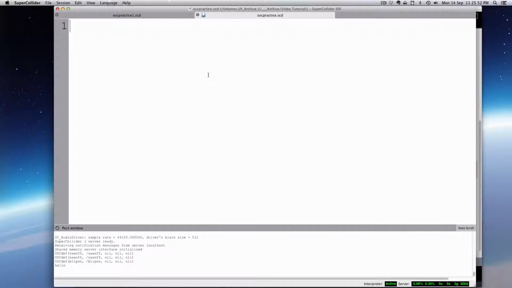This is part 2 of the OSC Practice instructions tutorial. In this tutorial, we are sending from SuperCollider to change something in Processing. The first one we sent from Processing to change something in SuperCollider. Really, the principle here is that you can use this protocol, OSC, to send messages between programs